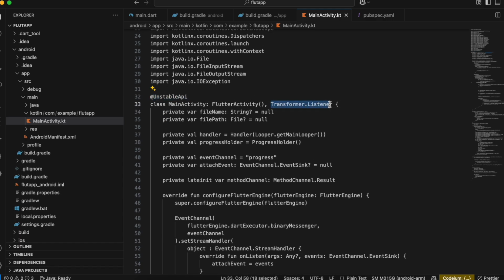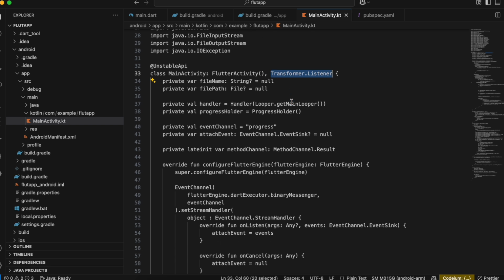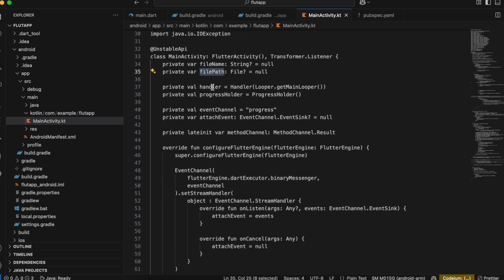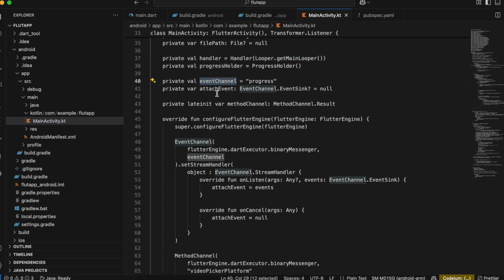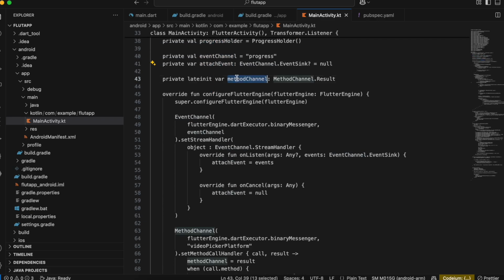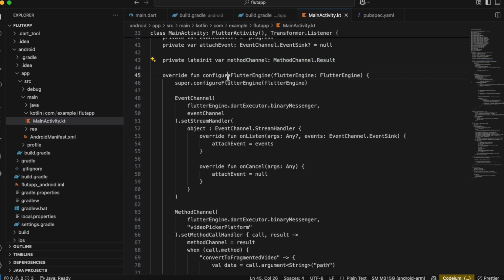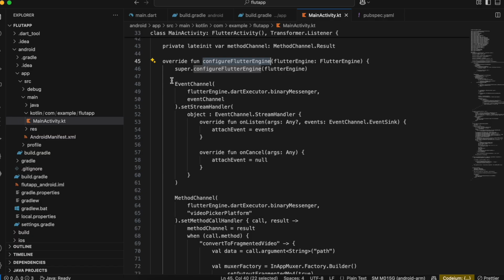Then we extend Transformer.Listener. With the help of this, we override two methods, onCompleted and onError, which I will show you later on. And then here we create our file name as well as file path. This handler and progress holder are for tracking the state. This is our event channel as well as attach event, and this is the method channel result. Here we override this particular configureFlutterEngine method. Here we listen for the